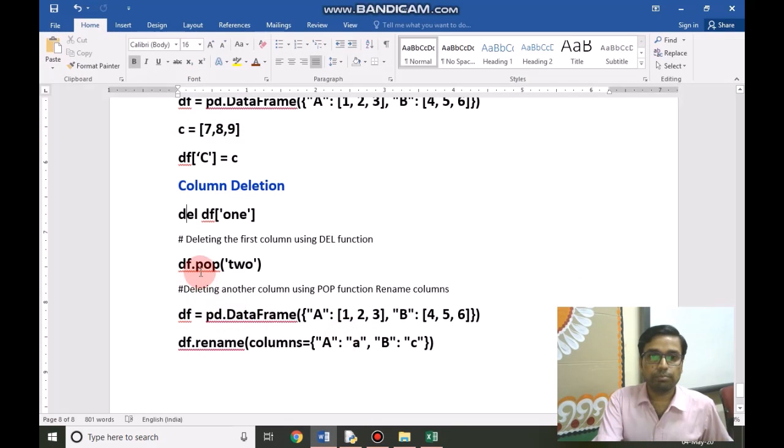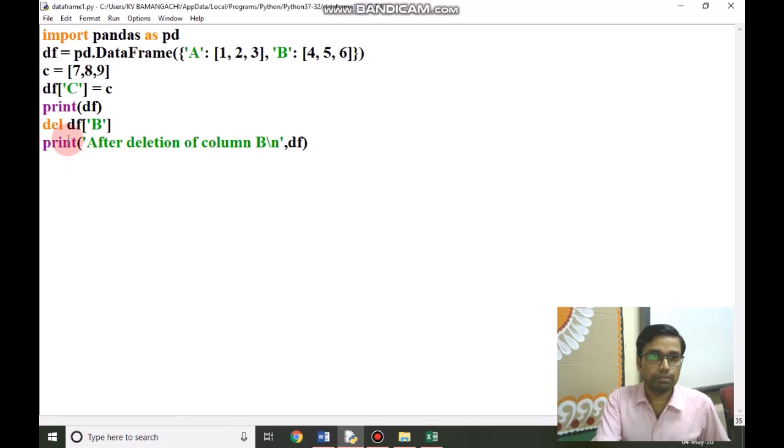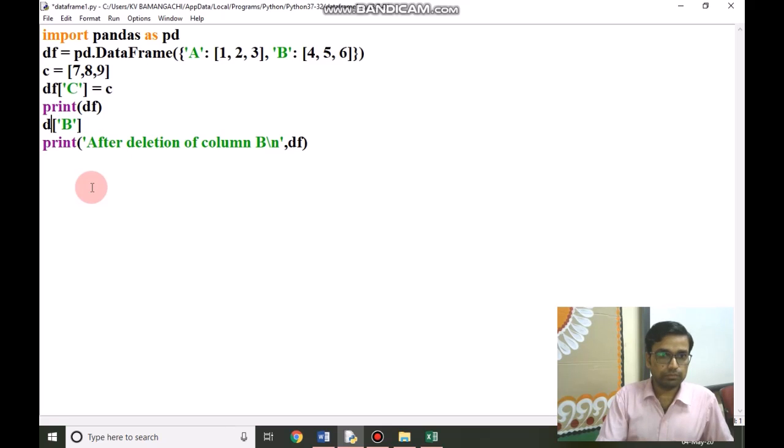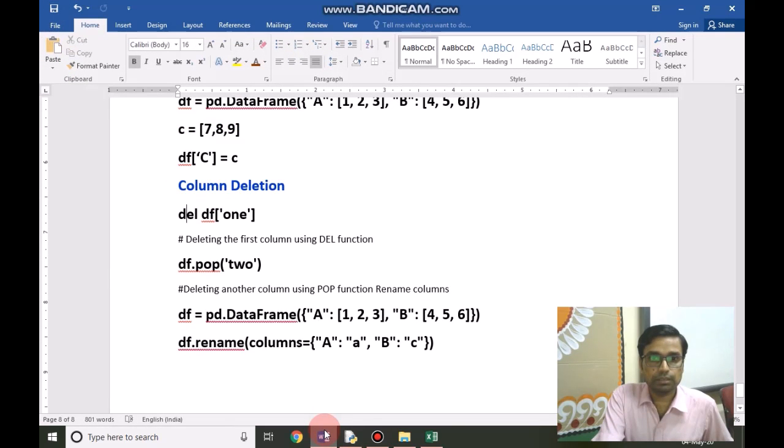Another way is the pop function. Deleting the first column using the del function, deleting another column using the pop function. The pop function does the same. If we use df.pop and we have given column B, but there is a difference.